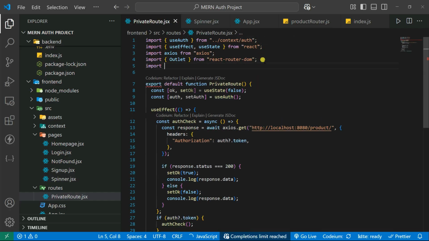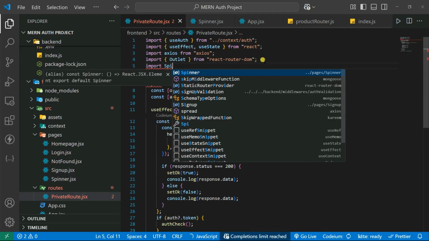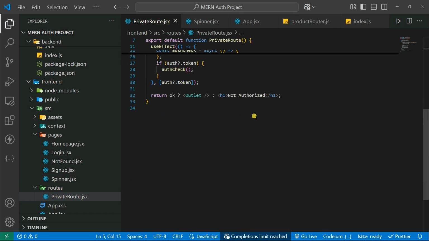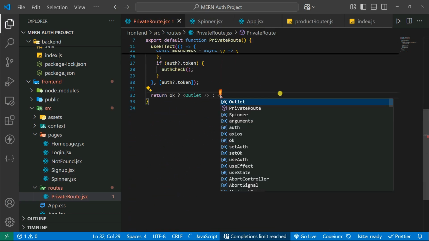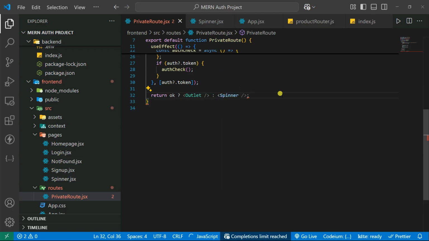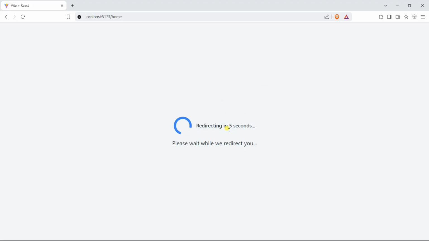Let's import here the spinner. Let's say Spinner, and then we're going to use this spinner here. Okay, so let's use it here. So you can use here, let's say, Spinner. Okay, this one's cool. Now if I save it and go on here, you can see here "redirected